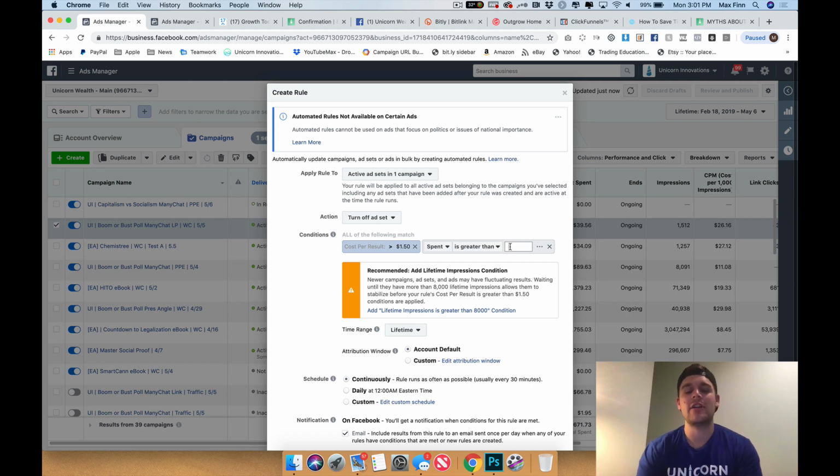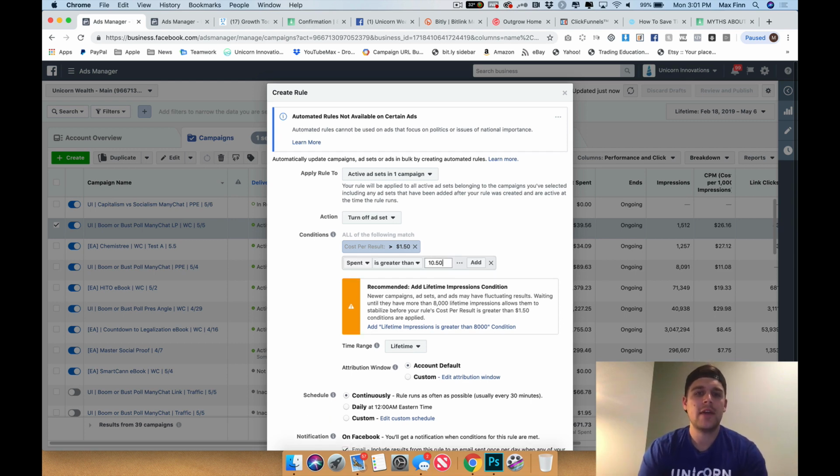So again, for this campaign, because our CPL is so low, we can be a little on the higher end here. So for this one, we'll put 10x target CPL. So we'll say if it's spent $10.15, which should be right? I'm doing my math right. Or is it $15? $15. It is $15. I don't know why my math is not great right now. So $15, great.